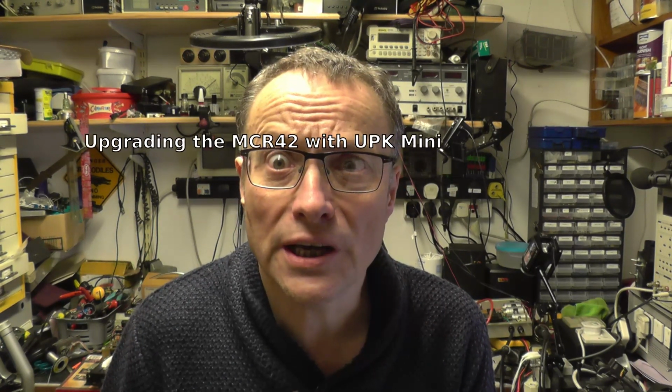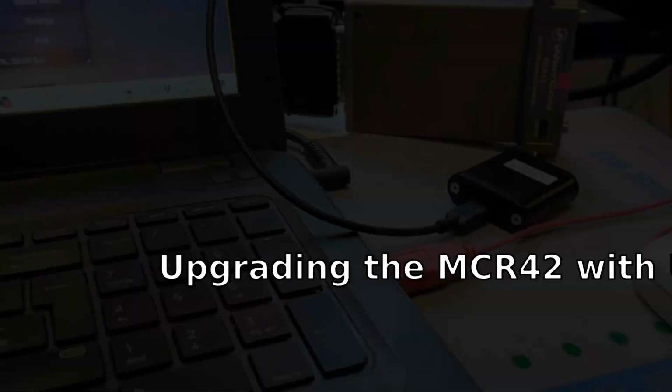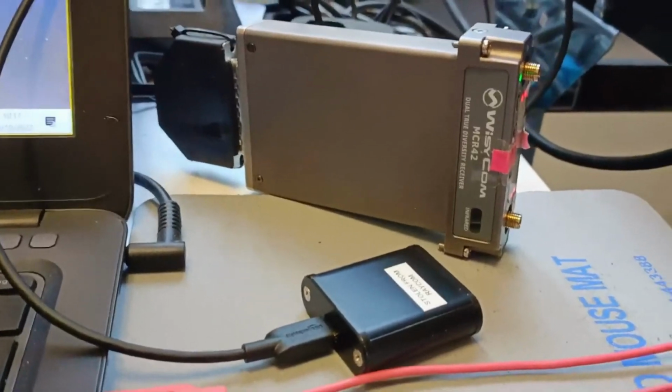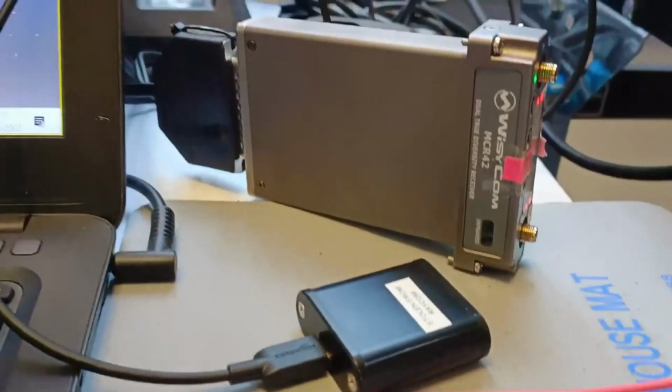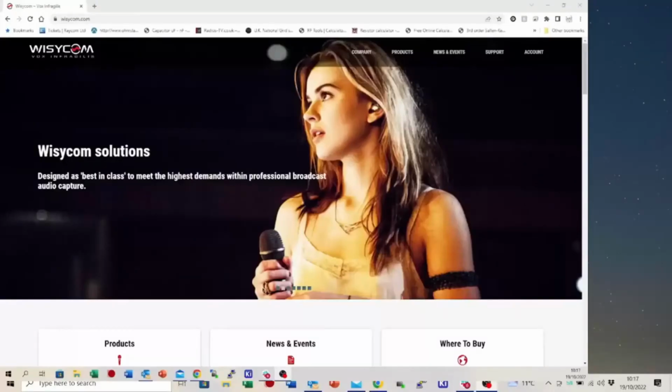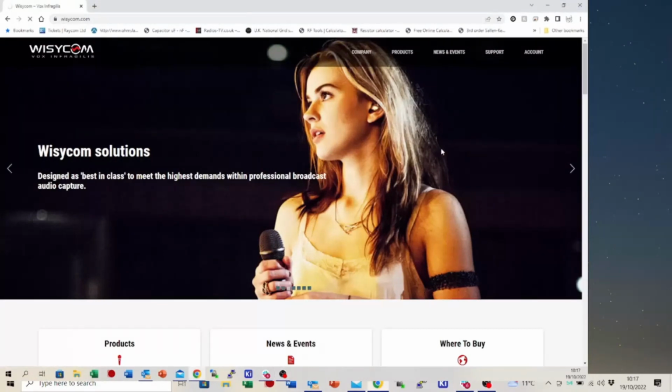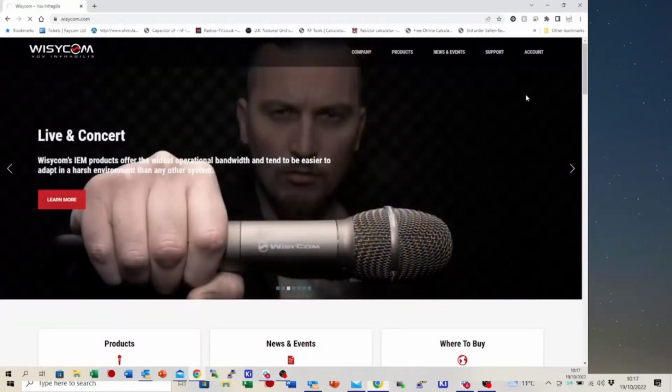Here's the second bit, updating your MCR42 firmware using a UPK Mini. Right, updating firmware on your MCR42. You should now have Manager installed. So the first thing we're going to do is go to wisycom.com, click Support, go to Firmware Release Notes,